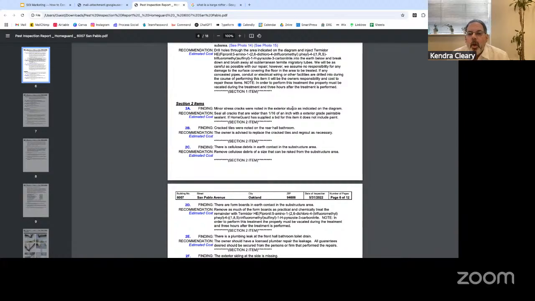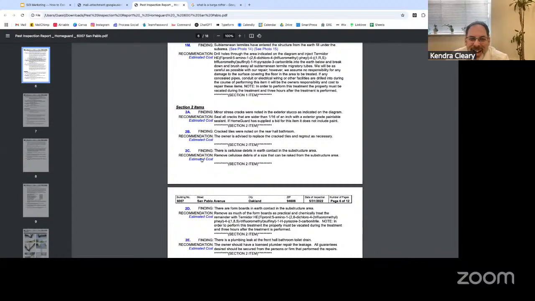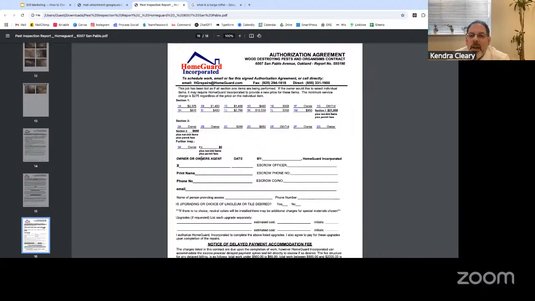Cracked tiles were noted in the rear hall bathroom. Cracked tiles are not in and of themselves an immediate problem. It's only a problem if water gets through the cracks and damages the floor underneath. That's why it's a section 2 item. There is cellulose debris in contact with the substructure area. You will see this on almost every pest report you see. And what are we talking about here? There's no picture of it, but they're giving you a bid of